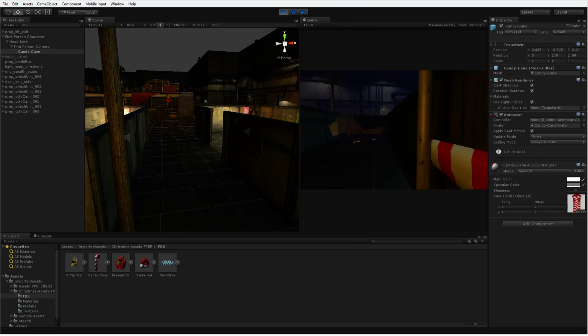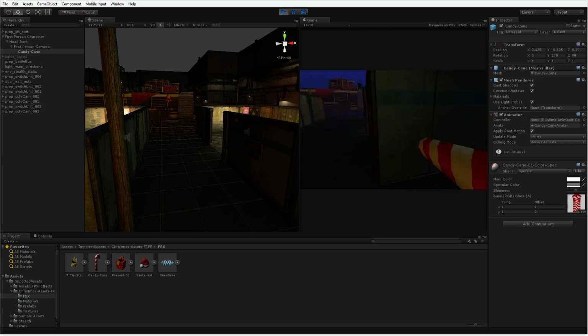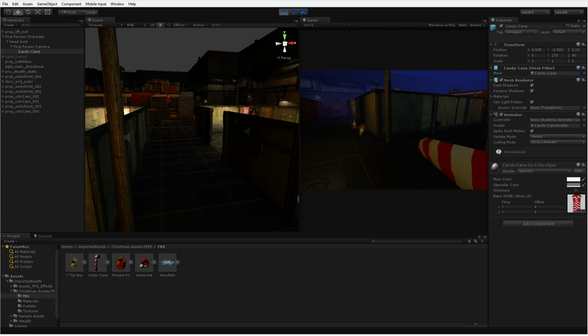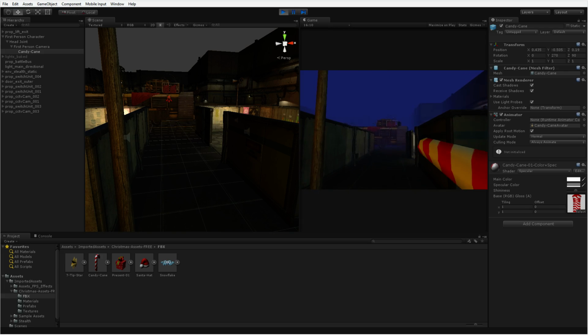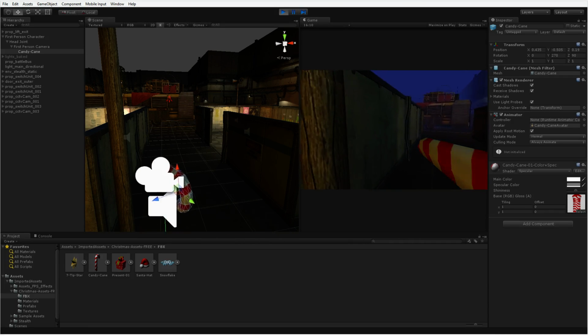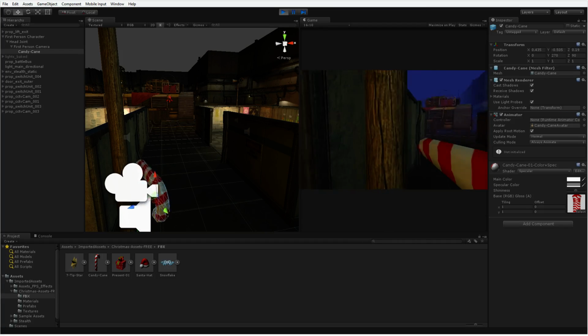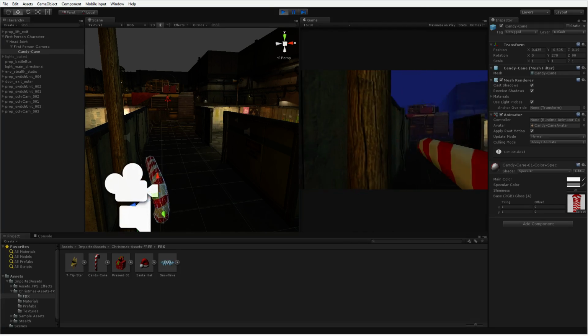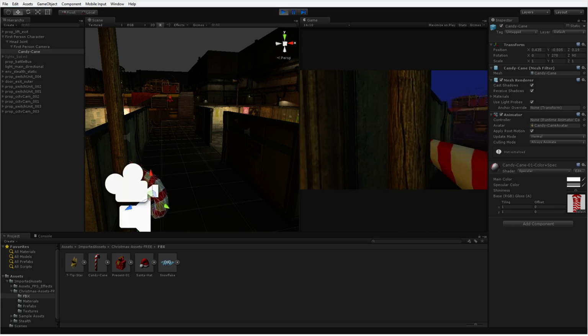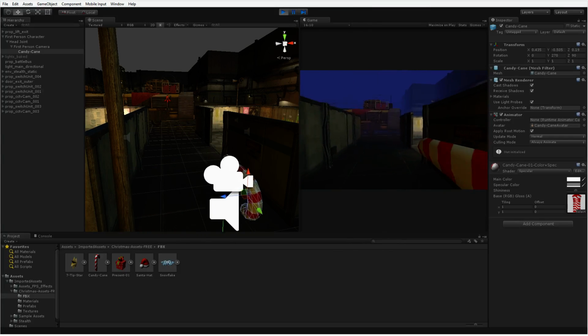Now, we could put a collider on the gun, and when we came out here, we would just hit the gun and we'd stop. There's a problem with that, though: it's bulky and kind of unwieldy. If I was standing here and I went to turn, I wouldn't be able to turn. I'd get stuck by the environment because there's a collider on it. So actually putting a collider on the gun is probably not the best way to handle this.